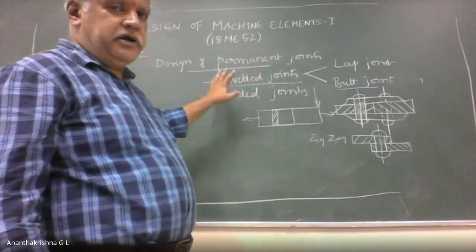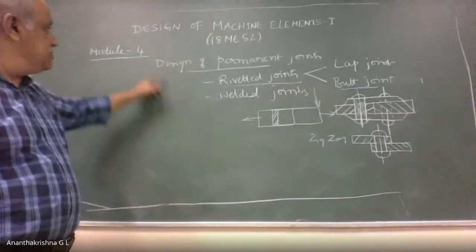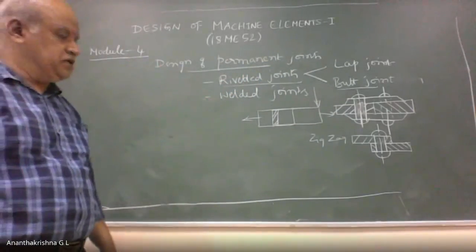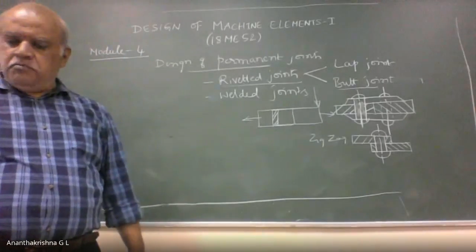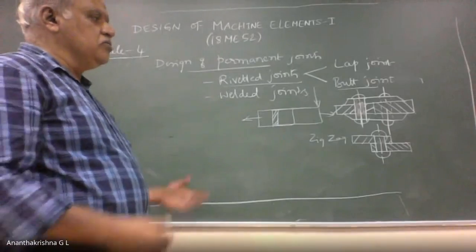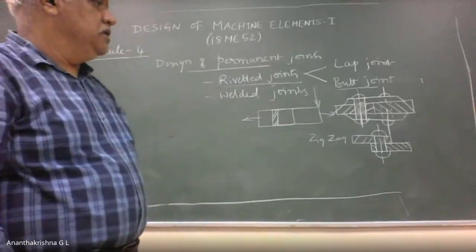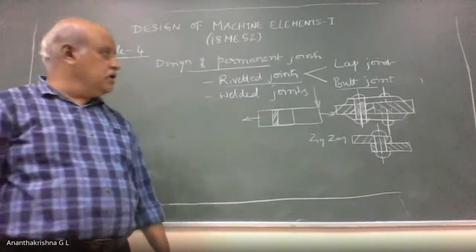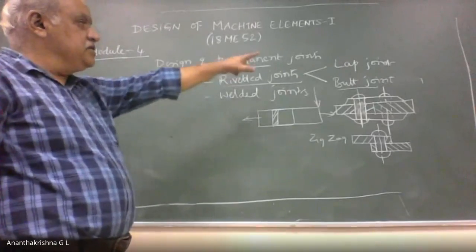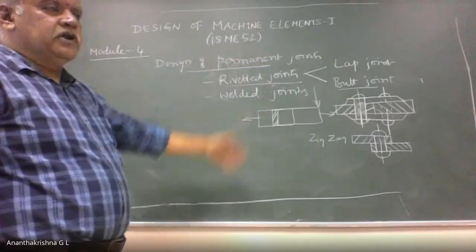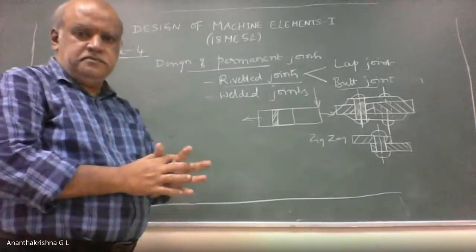So that much we have to learn in riveted joints and welded joints. Okay, so please note down riveted joints and welded joints under design of permanent joints in module 4. Please note down this much. Please go back to your CAMD and then go through what these riveted joints are, how they look, and so on, so that it will be easy to learn here. Please note down design of permanent joints. Under that you have riveted joints and welded joints. Under riveted joints you have got lap joint and butt joint, and then further we are going to learn various other types of joints.